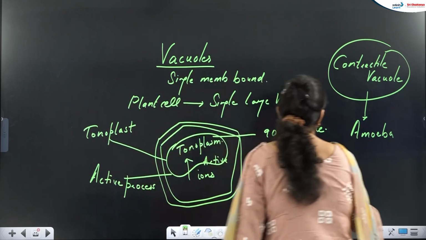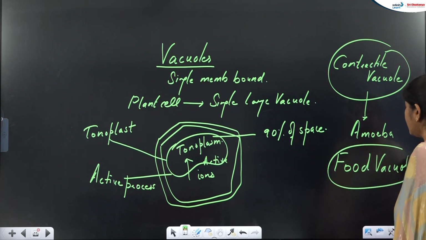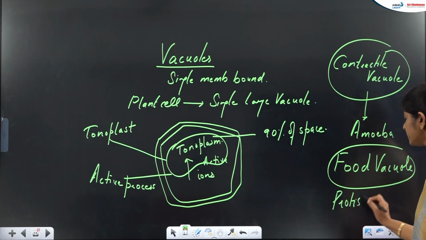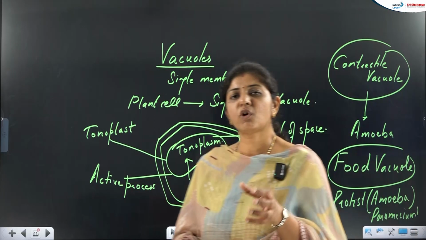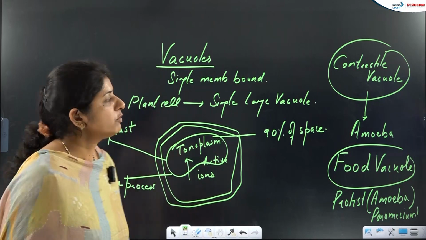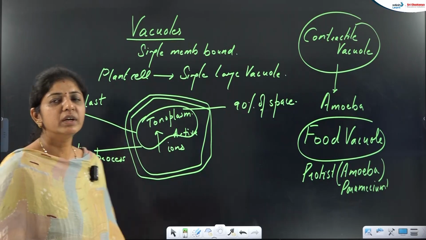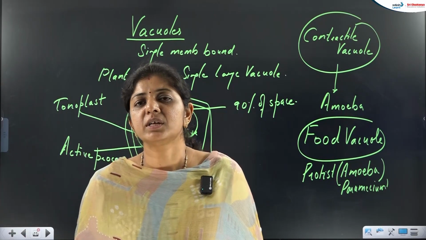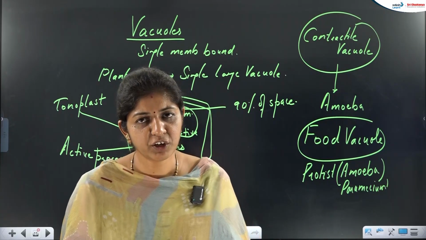Now next, one more vacuole is there which you call the food vacuole. Food vacuole again in protists. Which protist am I talking about right now? Amoeba again, or paramecium also. They take up the food and take it inside the body in the form of a vacuole. Then that vacuole you call a food vacuole, right? So these are the four structures under the endomembrane system. One, we discussed the endoplasmic reticulum, then Golgi bodies, then lysosome, and last we discussed the vacuoles.